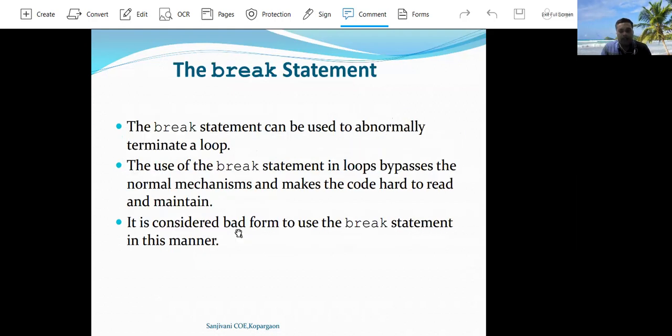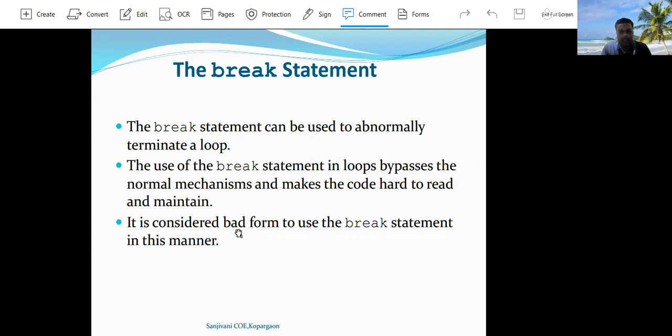Then a break statement. Break statement is also one of the statements used inside the Java programming language to abnormally terminate the loop. The use of break statement in a loop always bypasses the normal execution of the loop statement, and it makes code hard to read and maintain.